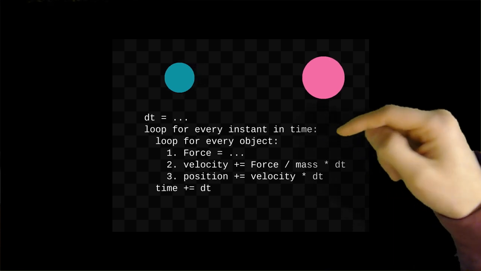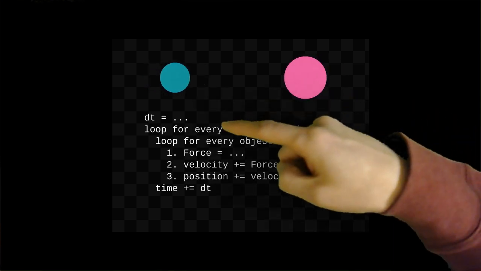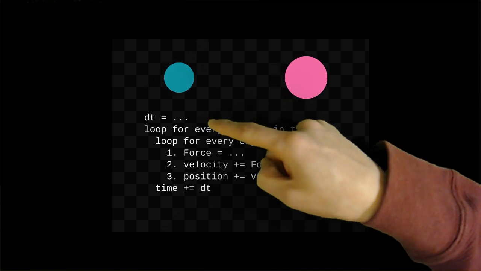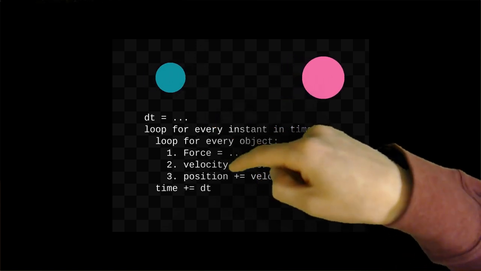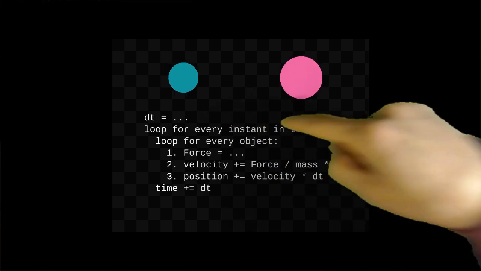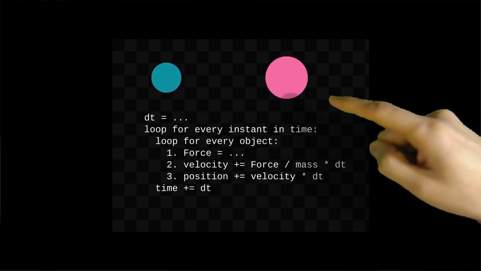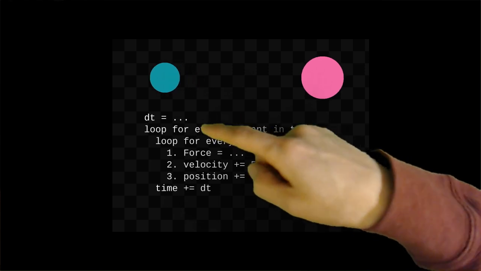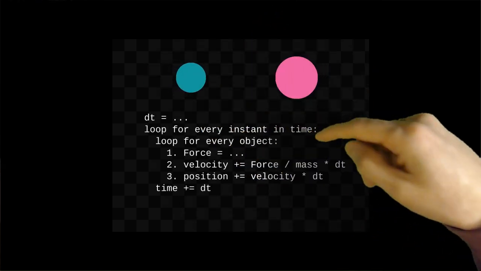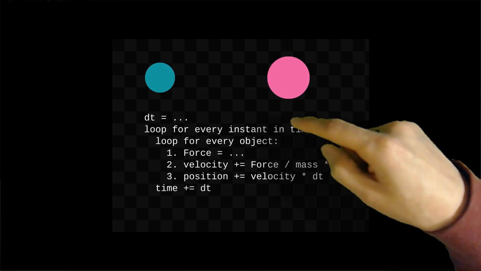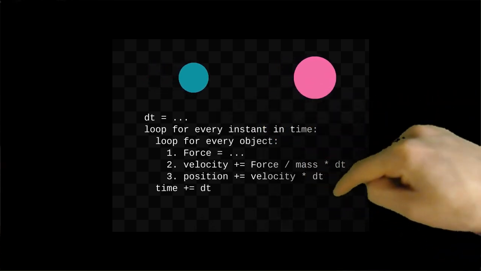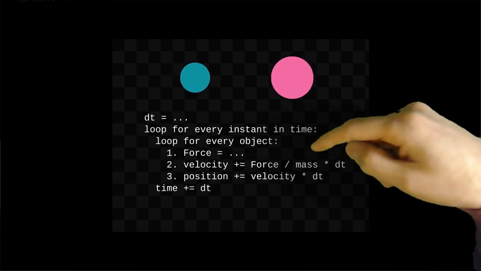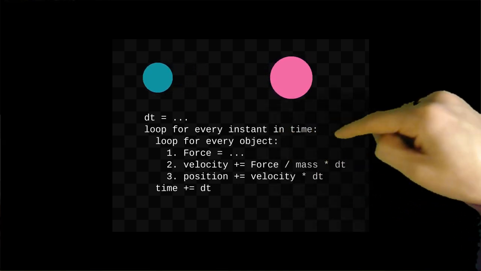So let's go through it. Here at the beginning, before we start, we're going to be setting our constant time interval, our constant time update. We're going to be doing this loop once every dt of a second, so once every 100th of a second in our case. This is essentially going to be incrementing the clock of this simulation over and over and over. So at each time step, at each instant,